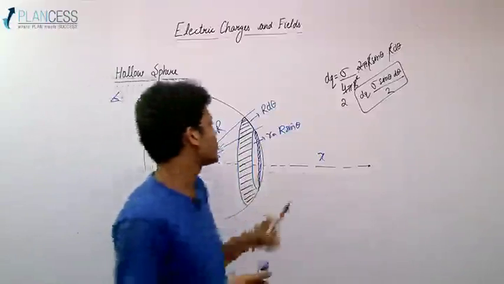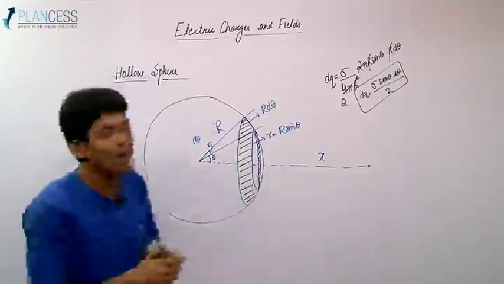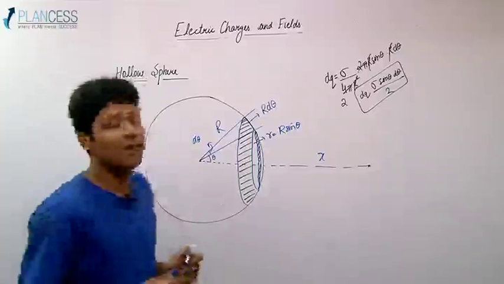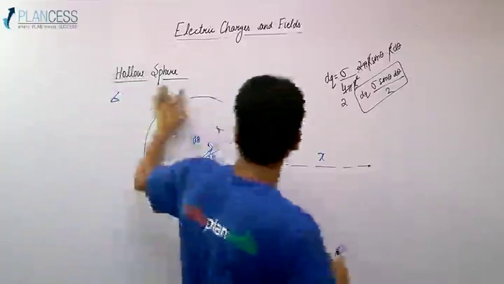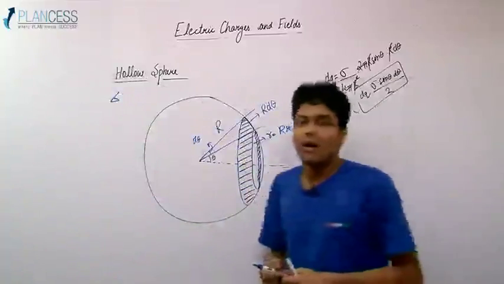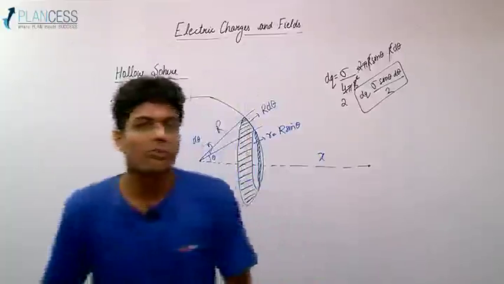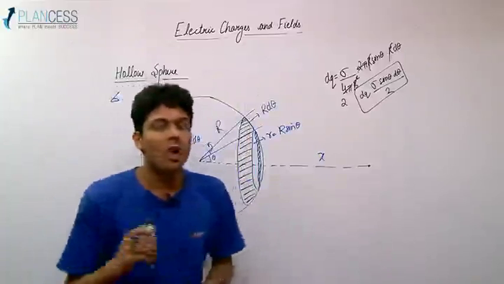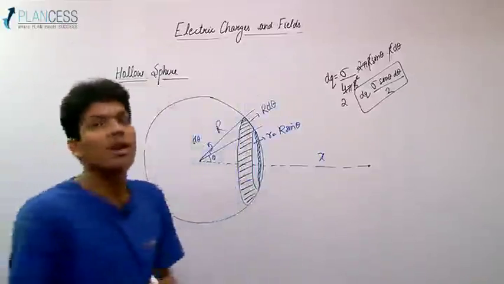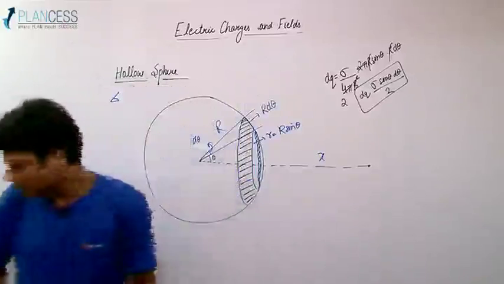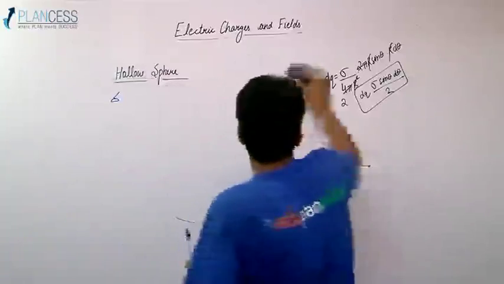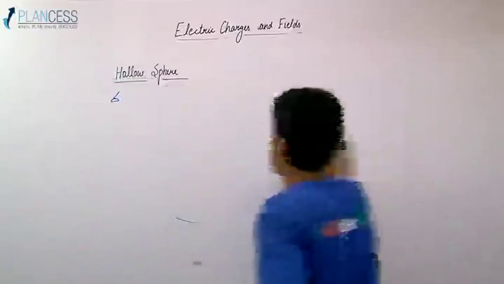So I'll give you a better method, that is finding the electric field exerted by the hollow sphere at a distance x outside by Gauss theorem, which we'll be learning shortly. After we learn Gauss theorem, we'll calculate it in just 2 minutes. For now, let's study the direct formula of the electric